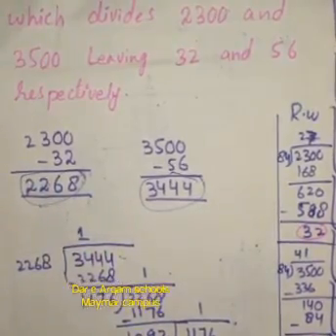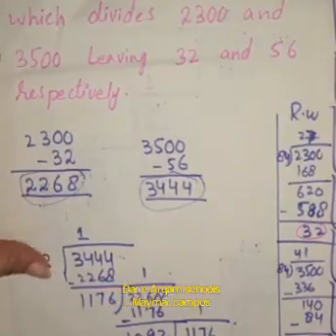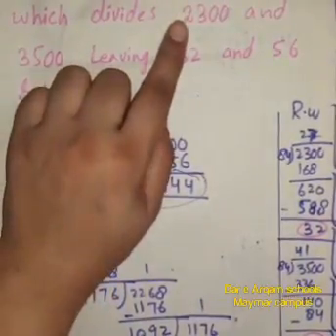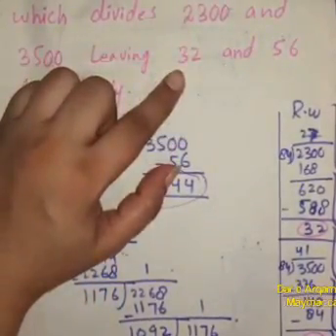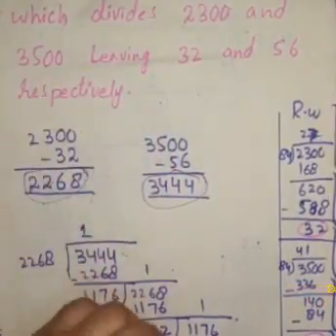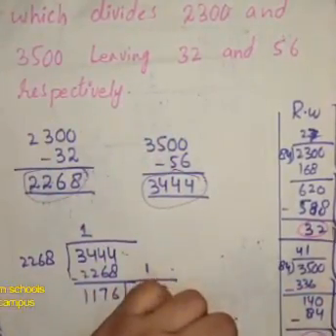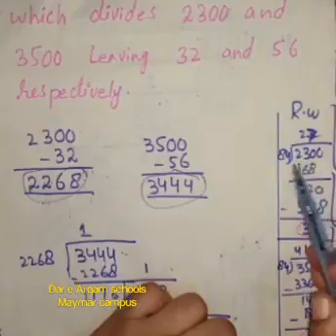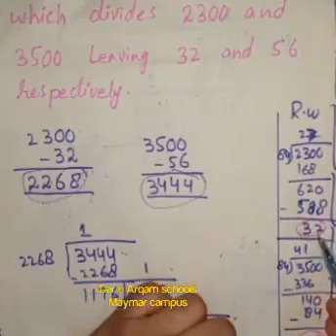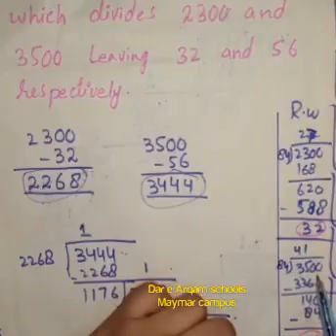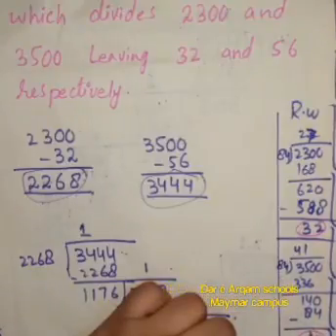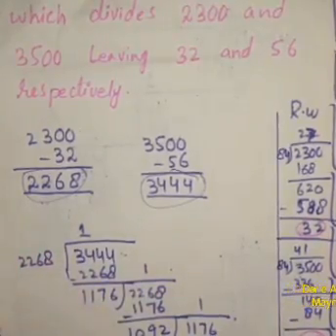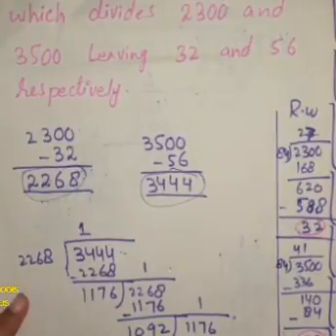To check what our question says, that is proved. According to our question, when you divide 2300 with 84, there will be a remainder 32. And when you divide 3500 with 84, there must be a remainder 56. I have proved this in my rough work. When I divided 2300 with 84, there is a remainder 32. And when I divide 3500 with 84, there is a remainder 56. This proves that our answer is perfect. Our solution is perfect. Okay friends, you will solve your question number 6 in this way.